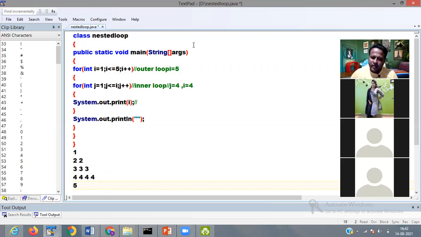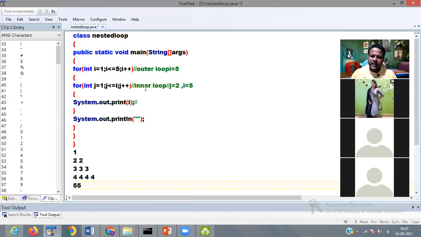i value is 5, j value is 1, then j value again incremented to 2. 2 is less than 5, condition is true, then again it is printing you 5.